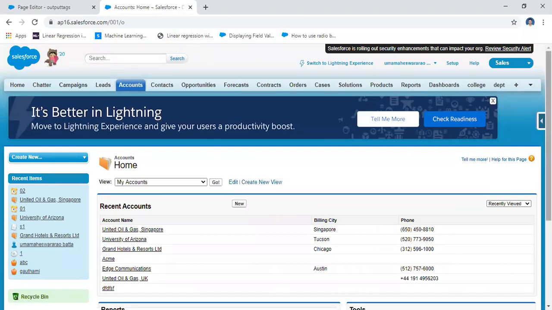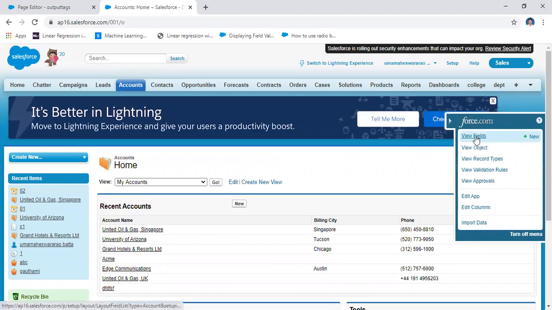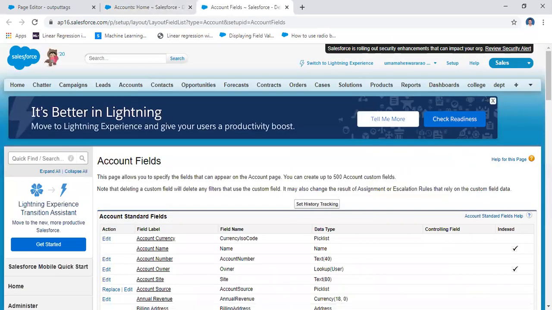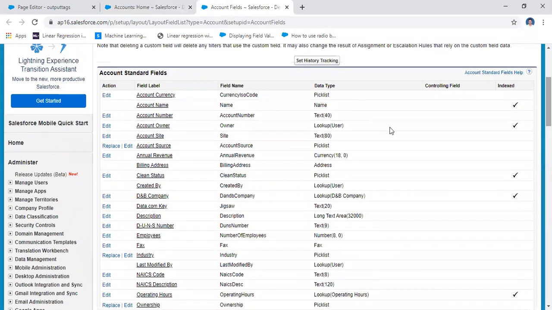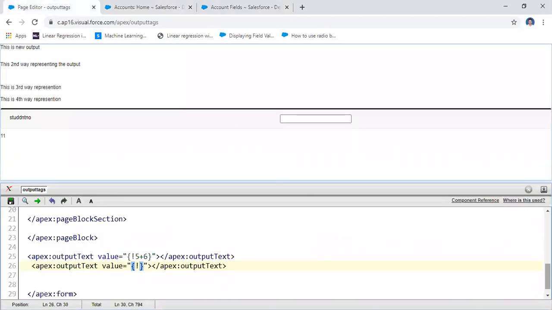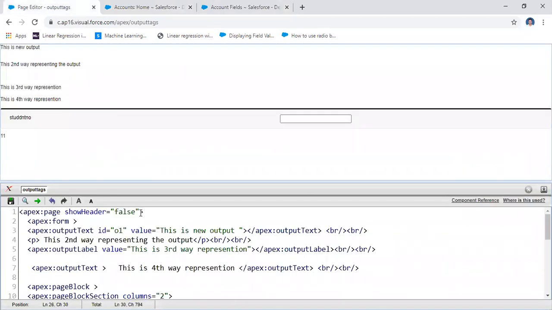From this particular object I'm going to get field data, field records. How can you get the field records? For example, I want to get a field name. Yeah, for example, account field name.